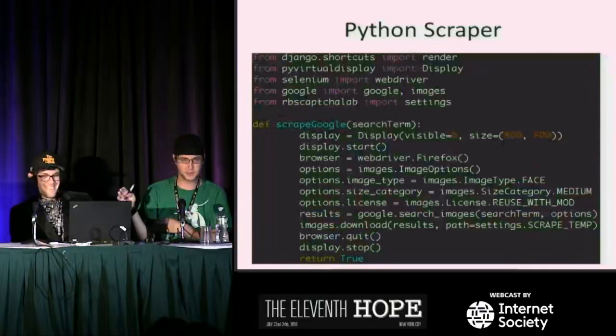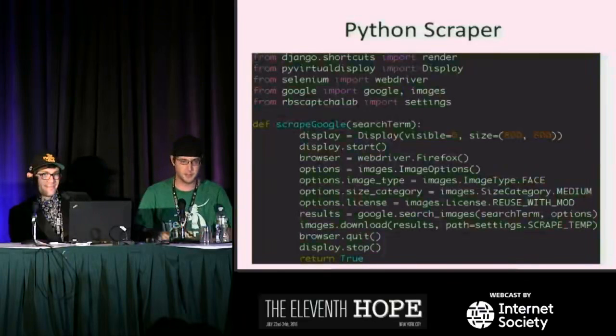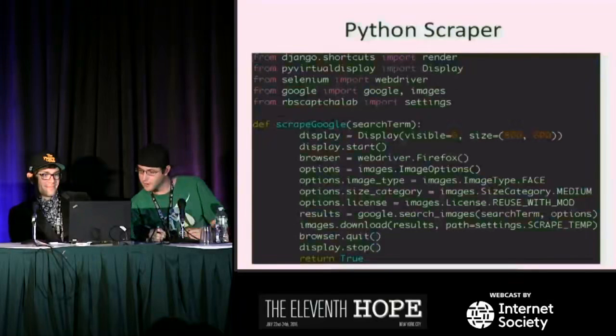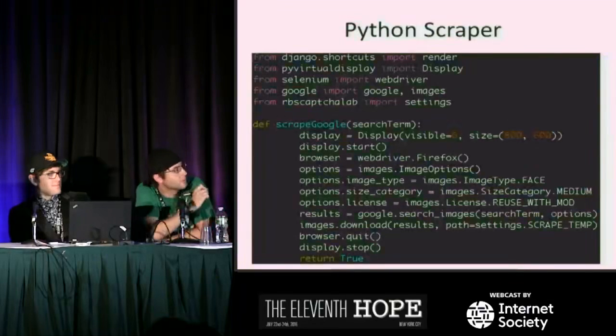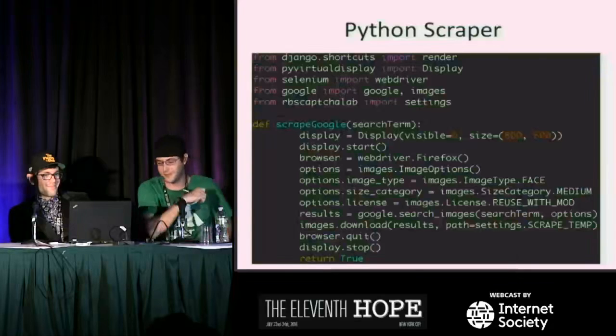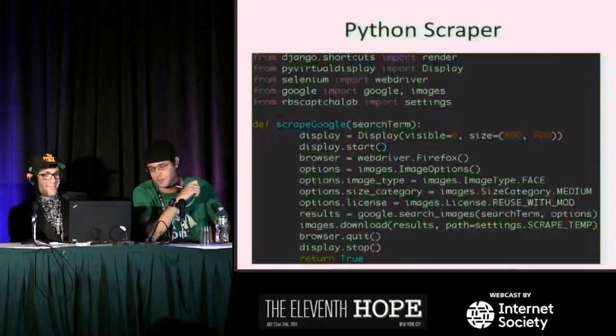So that kind of poses a problem when you try to do it on like a CentOS box that you pay somebody to host out on the internet because there's no GUI. So we had to use this Pi virtual display here, which is really cool. You just tell it, hey, open up a display, visible equals 0, so we don't even have a GUI, and our resolution is 800 by 600. And then inside of that, you can pop a Firefox window and then run your Google image search here.